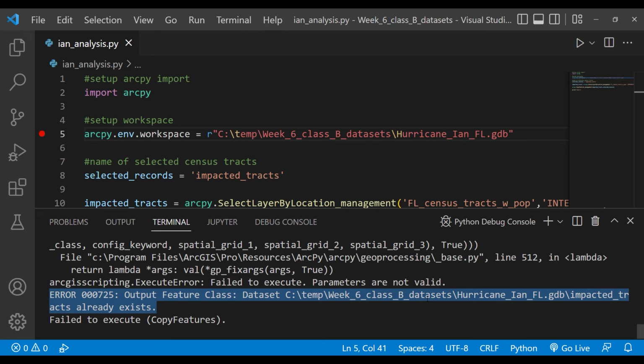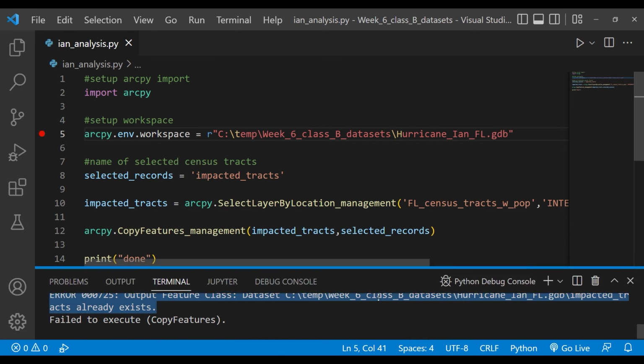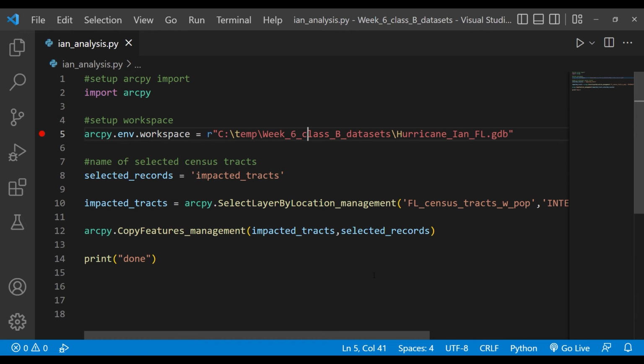There's a couple ways you can handle that. You run it the very first time, it creates it. Now you can manually go back in there and just delete it. There's also ways you can check with code if it already exists and delete it. There's a couple ways to check it. Let me show you how I would do that. There is the overwrite set to true, but just for the learning of it, let's say now once we've made a selection,